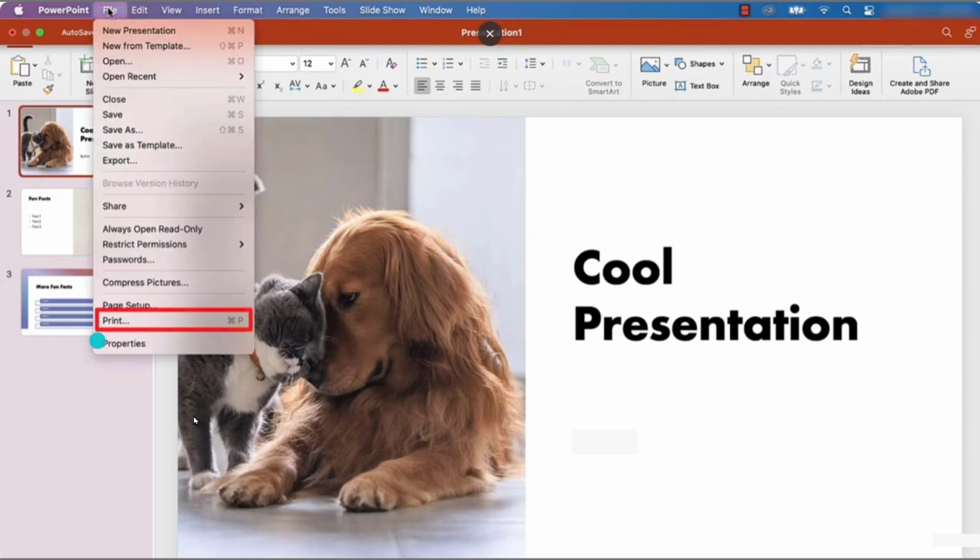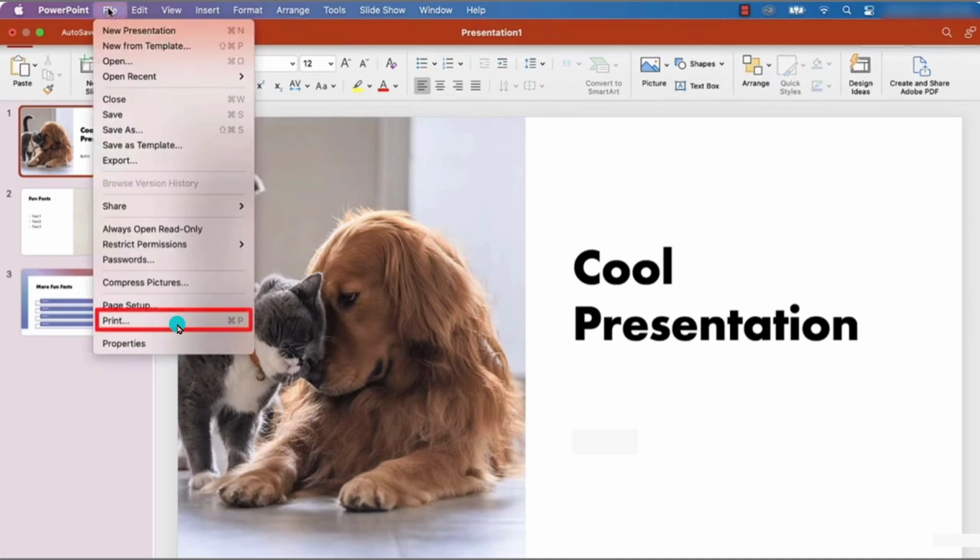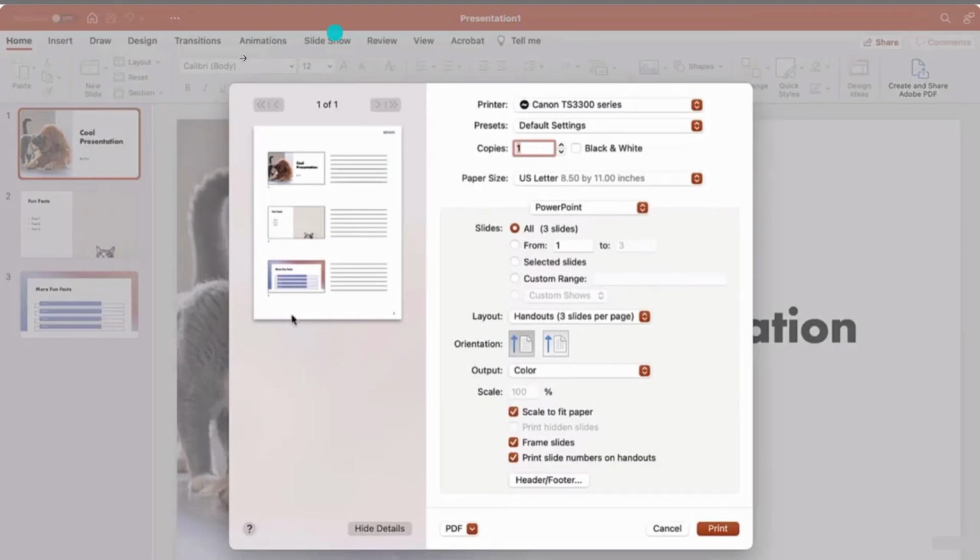Start by opening the PowerPoint presentation you want to use. At the very top of your screen, click File. From the menu that opens, choose Print. This brings up the print dialog, which is where you'll set all the options for your handouts and preview what